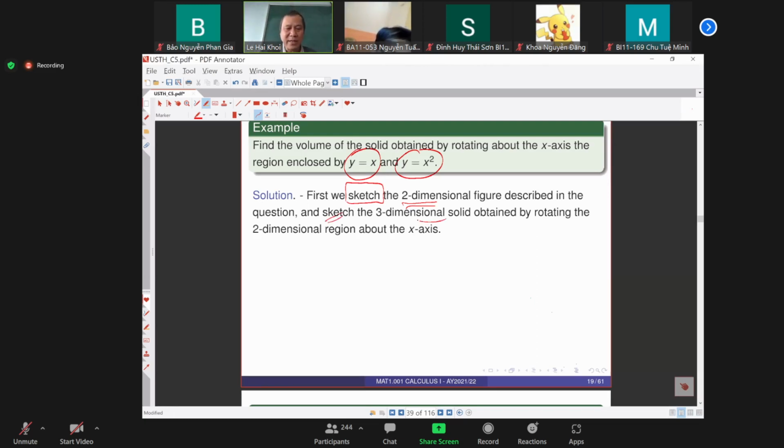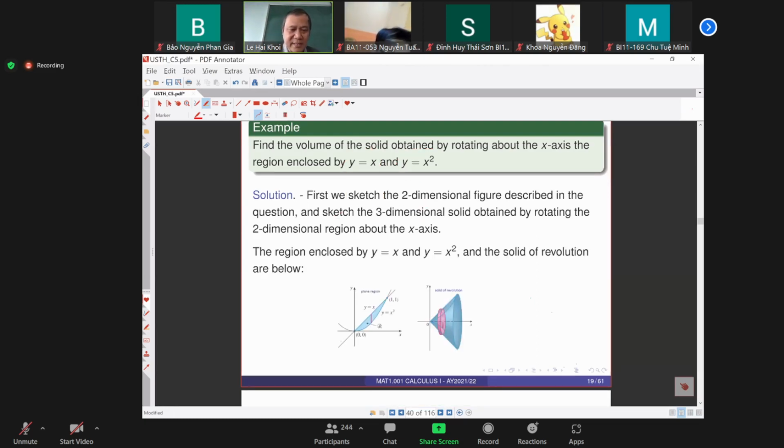Here, you can see, this is y equals x, the upper, and the lower here. And when we rotate it, you have such a thing here after rotating, right? Only that small part you have rotating. Then the cross section is